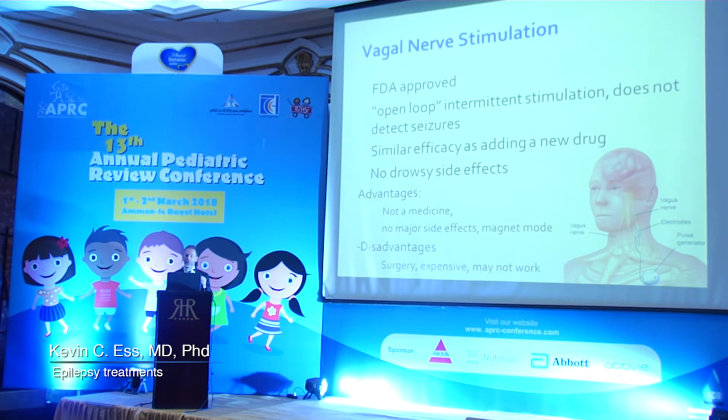Another surgical approach, which is probably crude, and in the future we'll look back on it, is an implantable device that stimulates the vagus nerve in the neck. It's called the VNS, or vagal nerve stimulator. Somehow the stimulation of this nerve goes up to the brain and over time prevents seizures. We don't actually understand it well, but there have been good studies, and it seems to be as effective as any